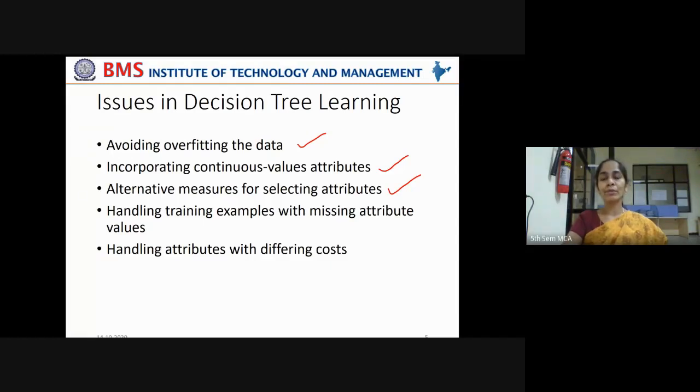If attribute values are missing, how should the classification be done? And handling attributes with differing costs. If the attributes have differing costs, how to handle them. These issues we are going to understand in depth so that we can avoid them when we are trying to make our machine learn this decision tree model.